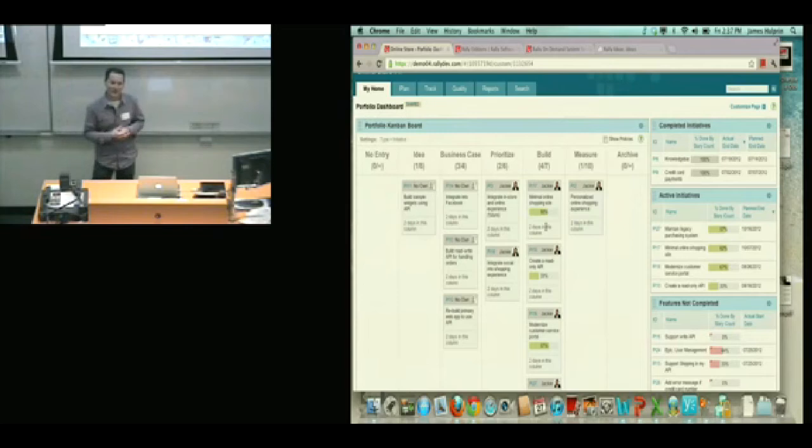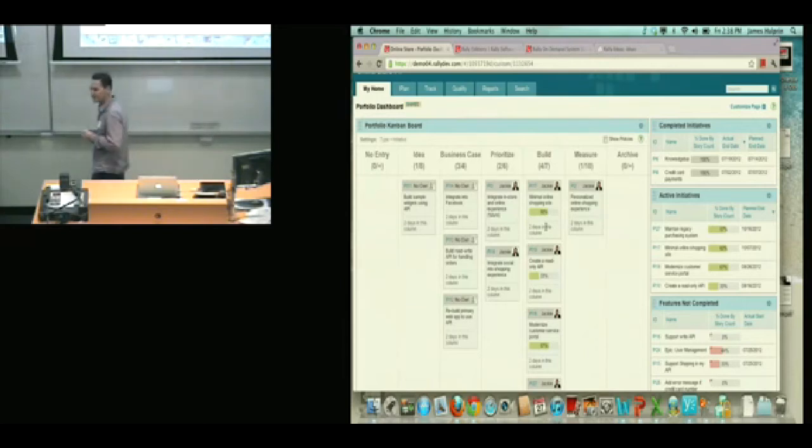A lot of the customers we worked with said, we have quite mature Agile adoptions. We've got all our teams sprinting away, it's all great, but we're drowning in a sea of stories. We can't manage things at the portfolio level because there's too much detail out there. So we asked, how are you managing that at the moment? And they said, we're managing it in Excel, in PowerPoint, and manually creating all these reports. Having everything in the one tool like this means you don't have to do any of that anymore, because you get full visibility into what's happening in your portfolio, and all that information is automatically rolled up.